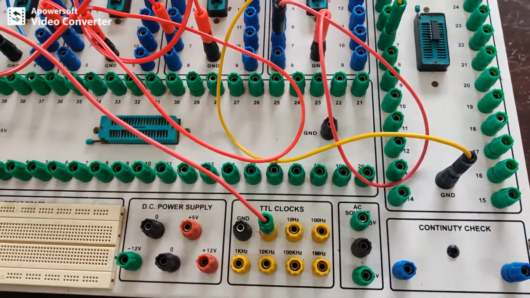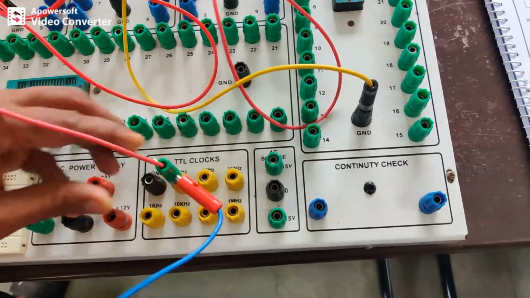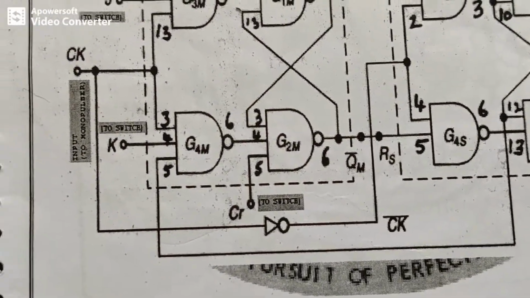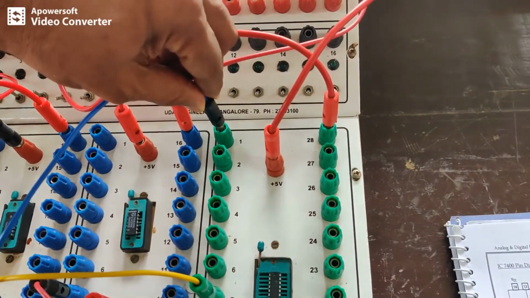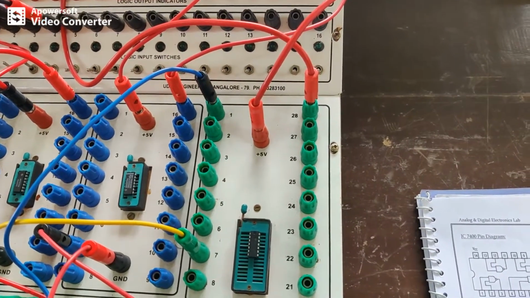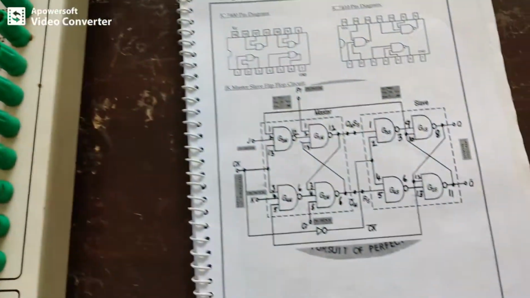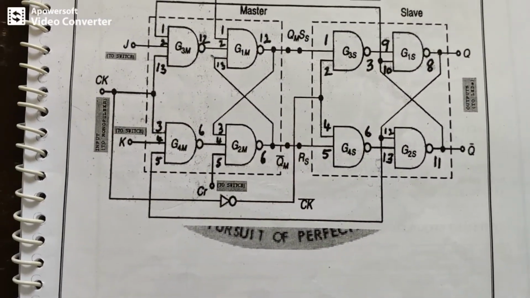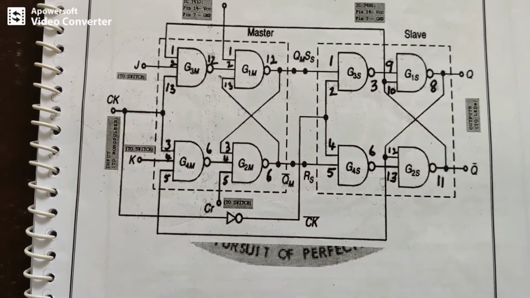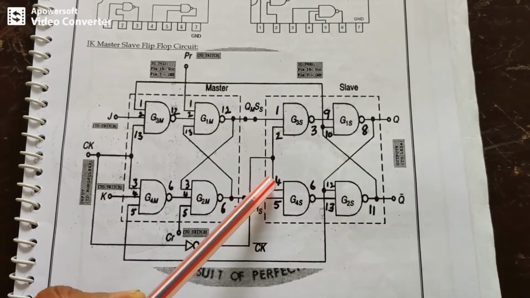So now from this one clock, the signal goes to the first pin of the inverter, that is the first pin of 7404. The inverted clock, that is pin number 2, goes to pin number 2 and 4 of the